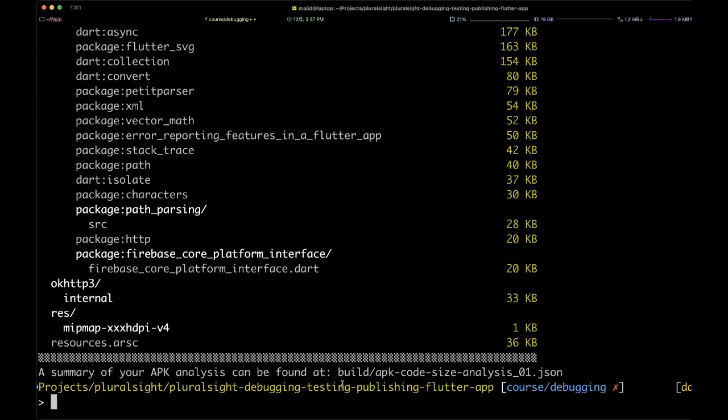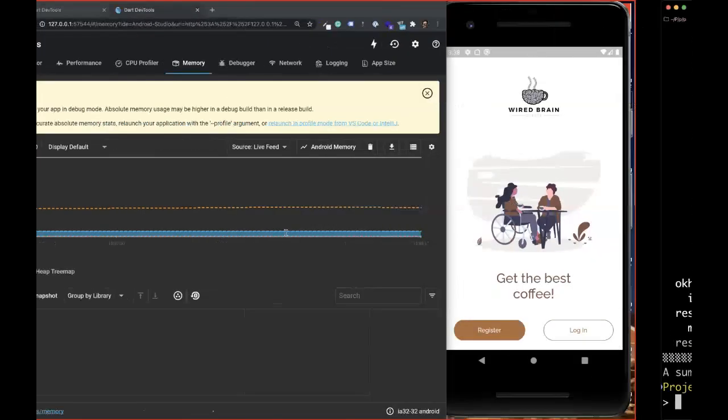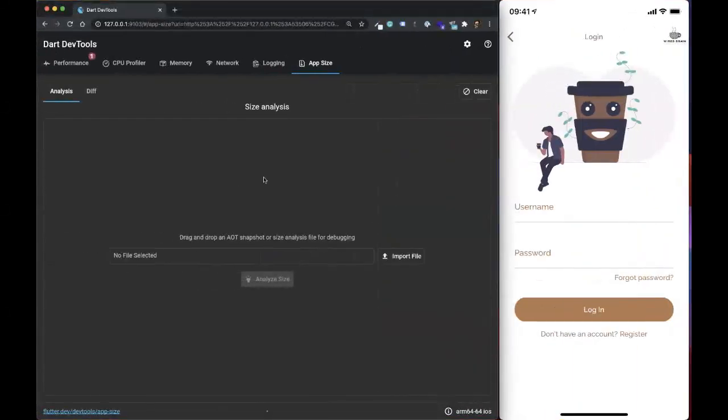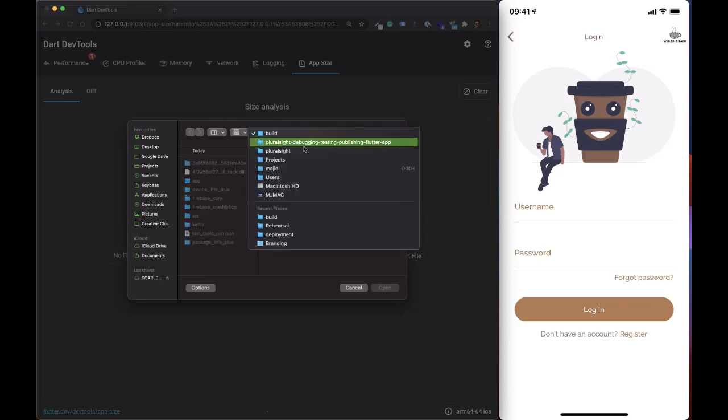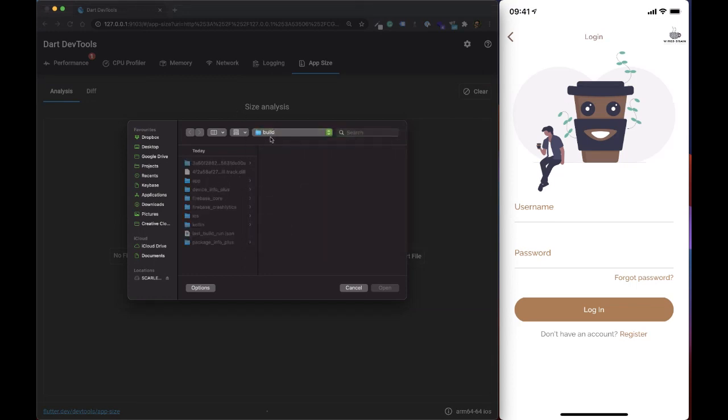Here you go. It says a summary of your APK analysis can be found at a path, and that path is the build folder, apk-code-size-analysis-01.json. This is what you need to pass to app size to get an overview of your application. So I'm going to import this file. Of course, I need to be in my project. That's my project, and I'm going to go to the build folder, and this is